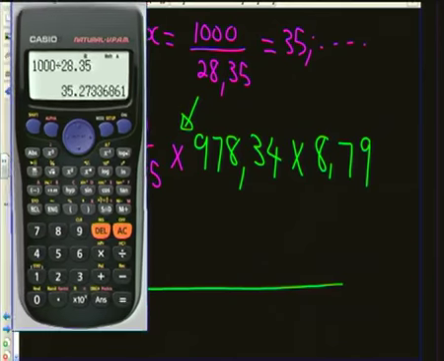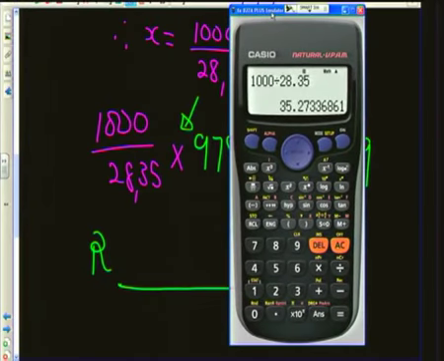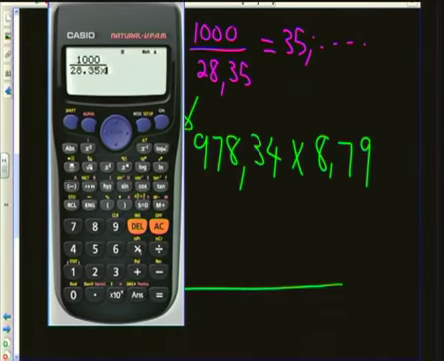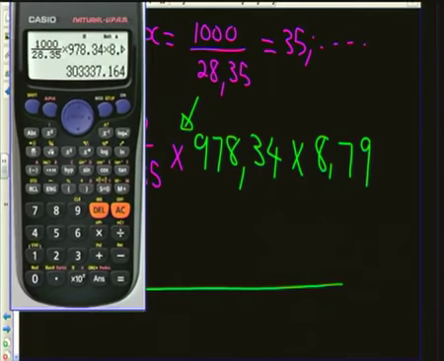Okay, now let's do it. Do it with me. You've got your 1,000 divided by 28.35. Now we multiply by 978.34 times 8.79, which gives us this amount,